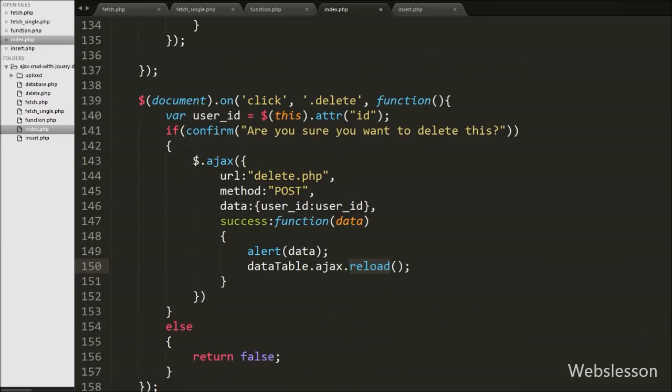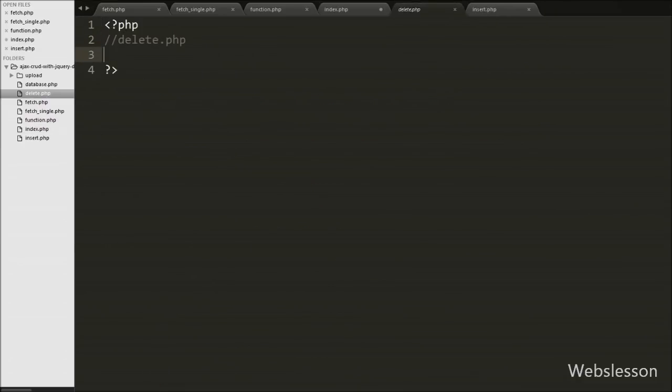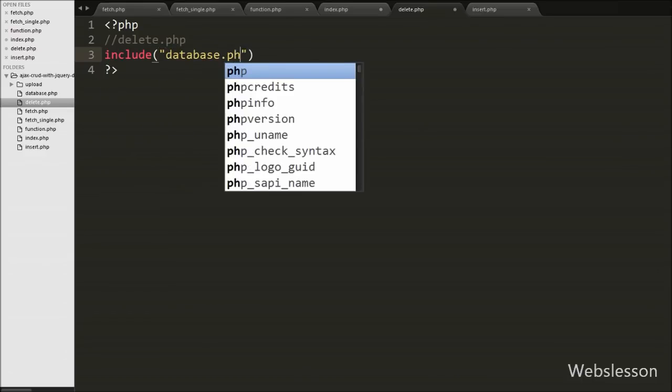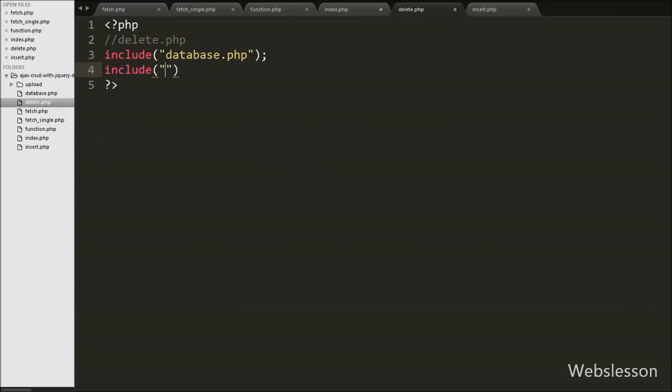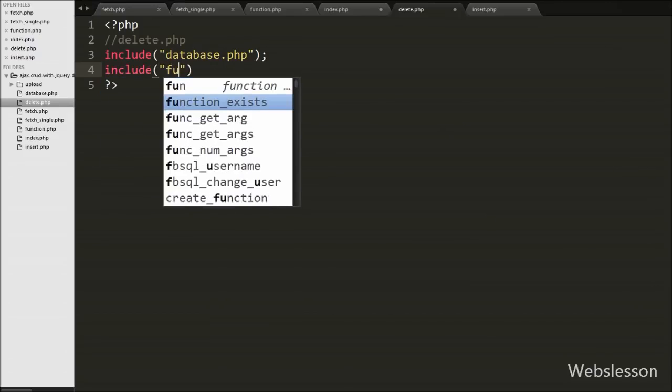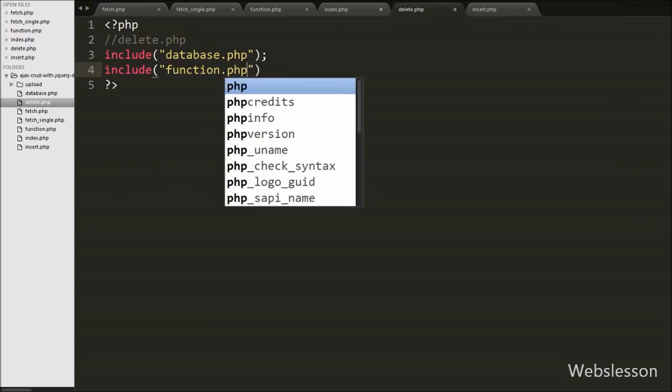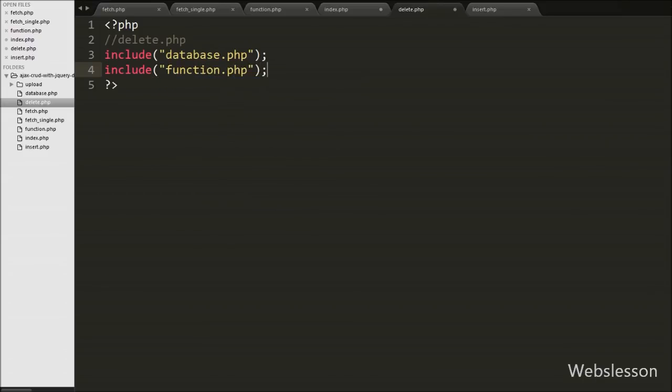Now we move on to write the PHP code on the delete.php page, and on this page we have written an include statement. We have included the database connection file and the function.php file under this page. Here, first we have written an if statement with the isset function with the $_POST["user_id"] variable. This condition will check if the value of the $_POST["user_id"] variable is set,